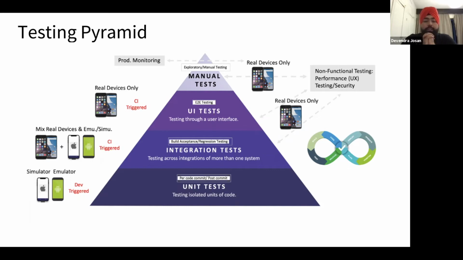Because you might have some scenarios related to real devices, for example, you want to test something like image injection, or you want to test some of the features where your network is very low. You want to test, for example, when your battery is very low, and how your